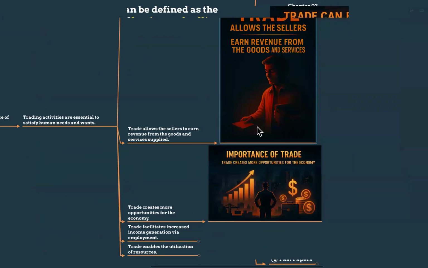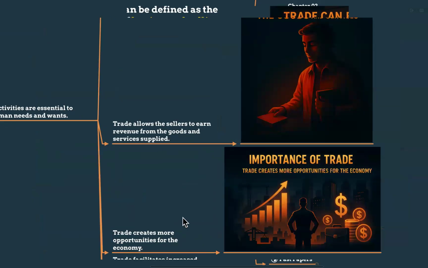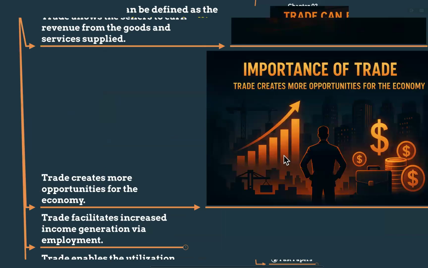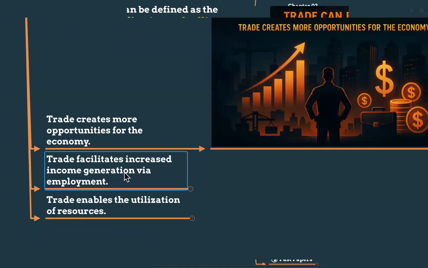Why? Most of the things are not only used by the end consumer, most of the time it is used by the third people, right? So the transportation, banking, insurance all exist because of the trade. PickMe, right? PickMe exists because restaurants trade food with customers who need the delivery. So if there is no trade, there's no need of PickMe, Uber, right? So it creates more opportunities for the economy as well.